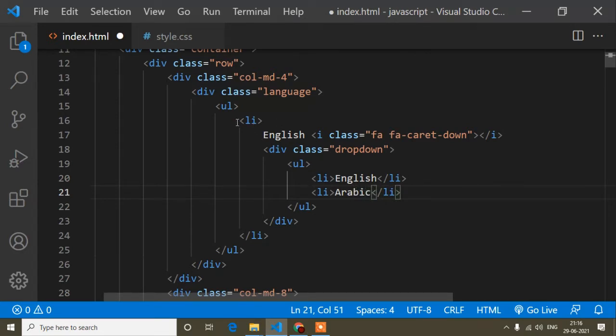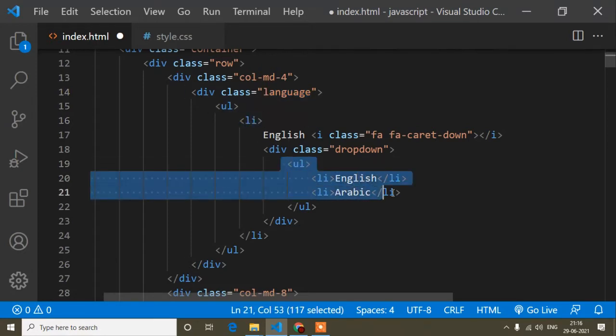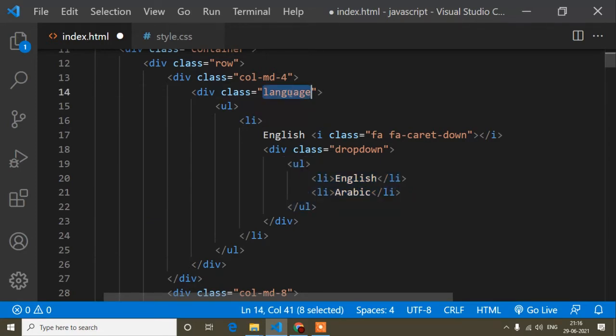So now when I add the CSS for this li tag, I want to affect only this content. But guys, when I write language UL, this is the parent, so I will take the parent language UL and this li, and it will affect this UL li also, because language is the parent class, and inside this parent class UL li means it will denote this UL and li also.